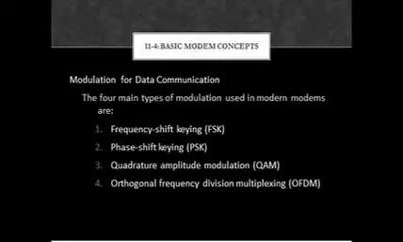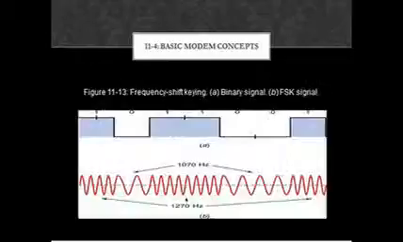11.4 Basic Modem Concepts. Modulation for data communication. The four main types of modulation used in modern modems are frequency shift keying, phase shift keying, quadrature amplitude modulation, and orthogonal frequency division multiplexing. Figure 11.13 shows the frequency shift keying,